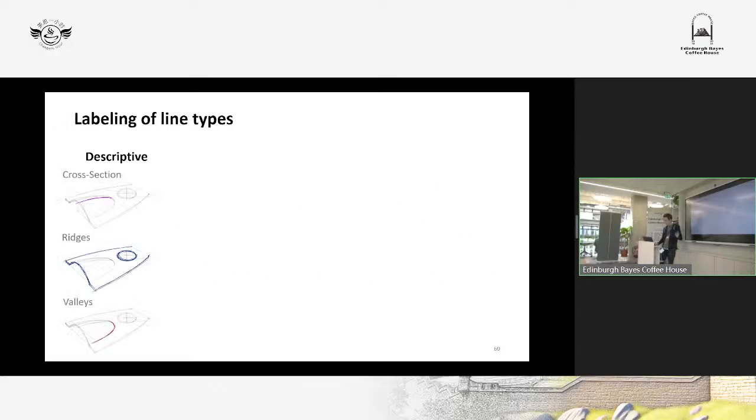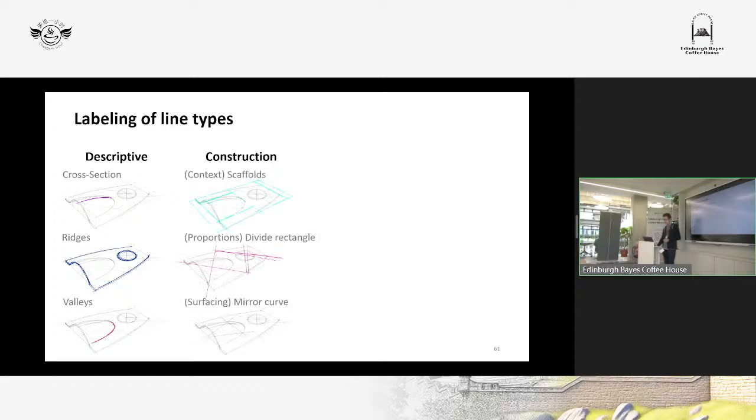All right, so then we manually labeled the different types of lines. Again, thanks to our colleagues, we could identify a taxonomy of different lines. So some are used to depict the sharp features on the shape, like the ridges, the valleys. Others are only used for construction, and sometimes they are not even on the shape, they are around the shape. And remember that we could